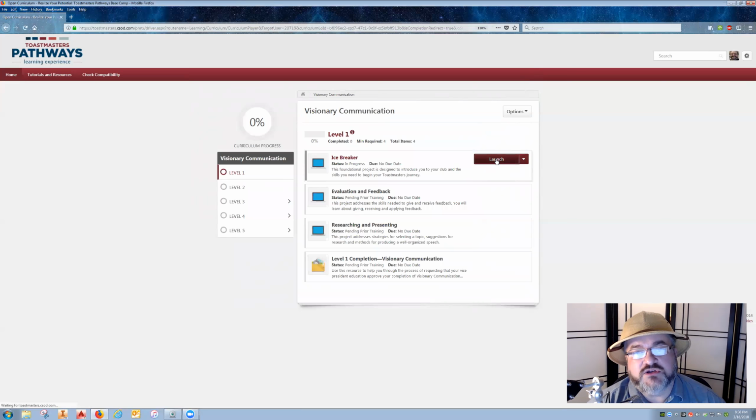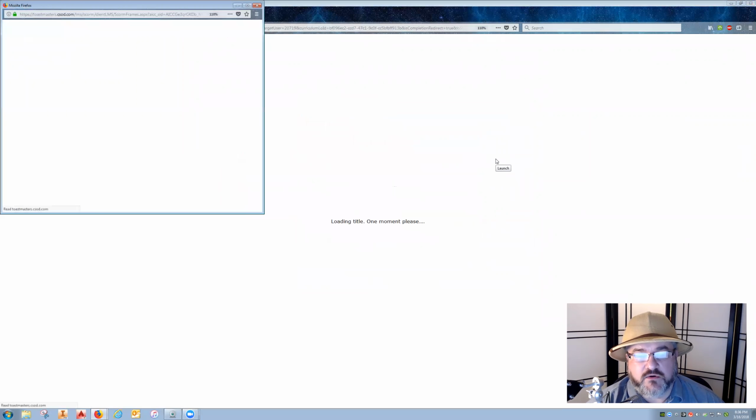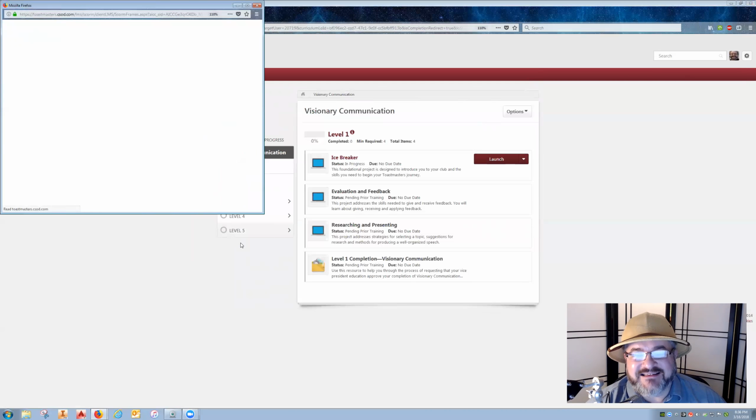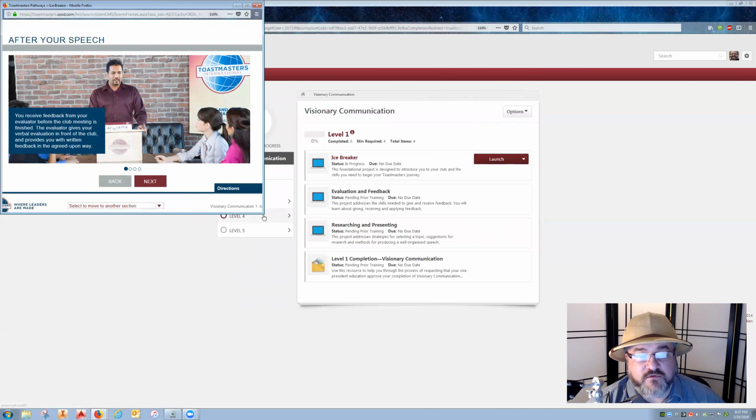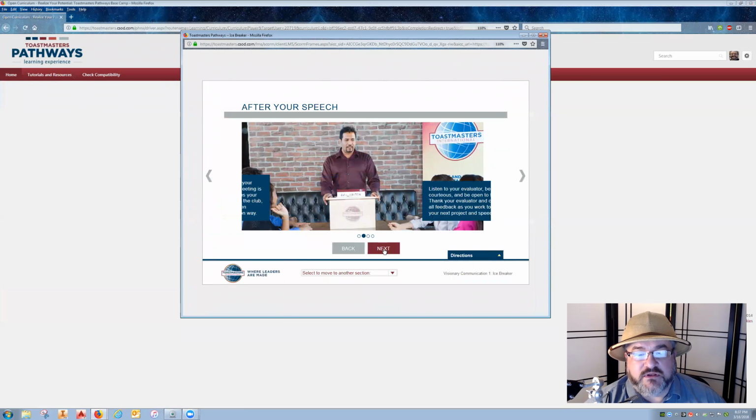I am relaunching that window, which once it loads in its own window again, will load back to the exact same page that I was on when I closed the curriculum the first time. And you can see that it did. It's on the after your speech section. So now I click through the after my speech, read the little title bars,